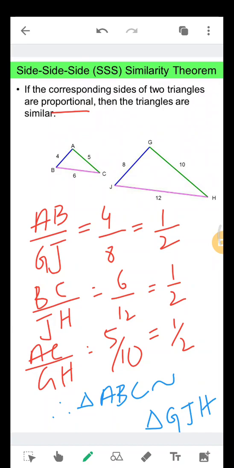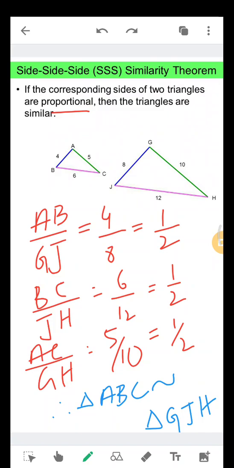So the order of writing the alphabets is very important here. If I am writing A B C here, then I should write G J H. Or you can just check the first two letters of the first ratio, AB, and the third letter comes as C, ABC. So I cannot name it as CAB, or name it in different ways. That way I'll get different ratios.